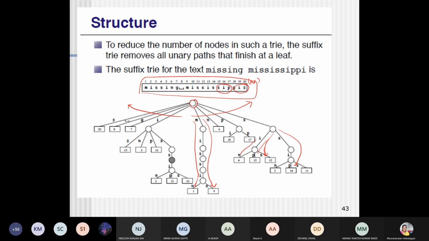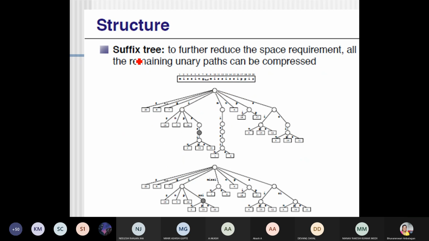In order to make this more efficient, they have come up with a concept. This is going to be a suffix tree, and this will be for missing. Now they will join some of the terms which have the majority of the pattern in common. For example, MISSING is there, and then you have this pattern MISSISS.